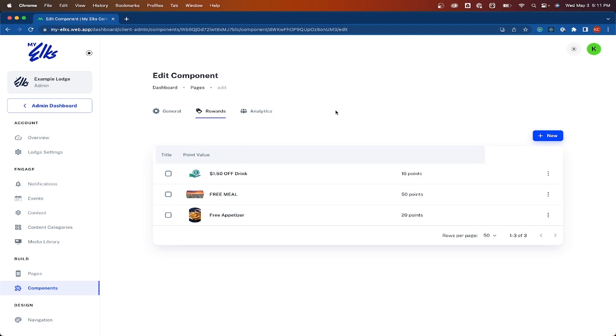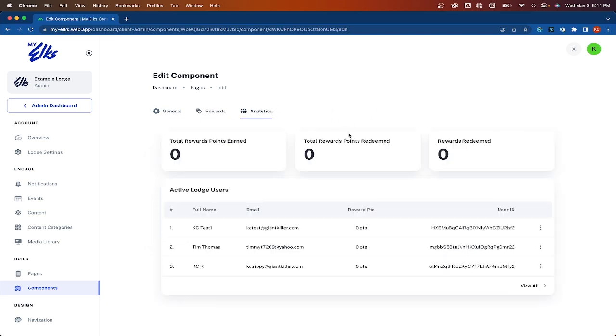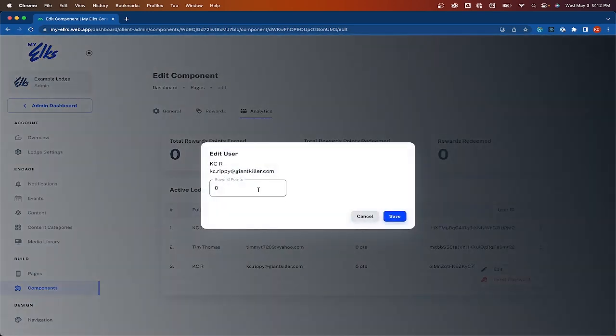So now I'm going to show you what it looks like when a member actually earns enough points to redeem a reward. So I'm going to go to this analytics page here where you can also view how many total reward points have been earned, how many points have been redeemed, and how many actual rewards have been redeemed. You can see my user right here, and I'm going to go ahead and adjust my point balance for this example. I'm going to give myself 30 points. If I click save,